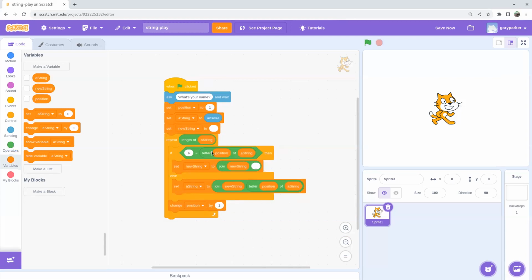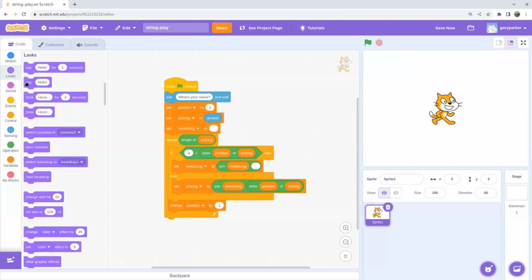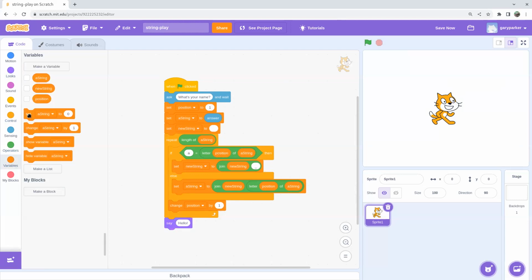All right, let's see how we're doing. We've got the comparison with A. If it is an A, then we're going to put an underscore. And if it's not an A, then we're going to append the current letter. So I'm just rebuilding the existing string in a new string, replacing the A's. And this change allows me to keep going. All right, so when the script is over, I should just be able to say what the new string is. And